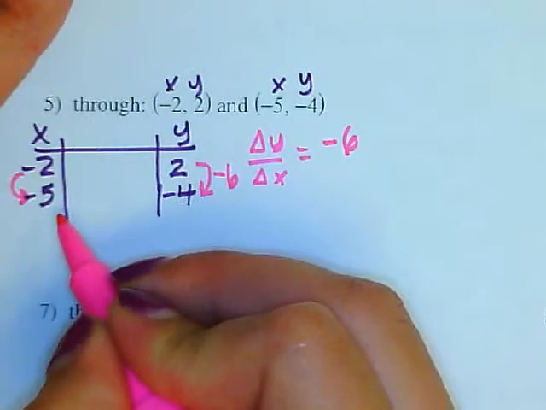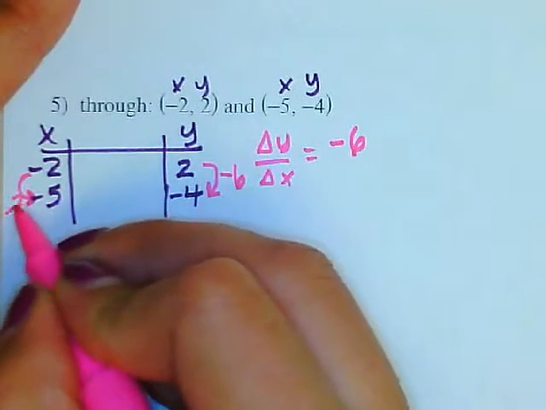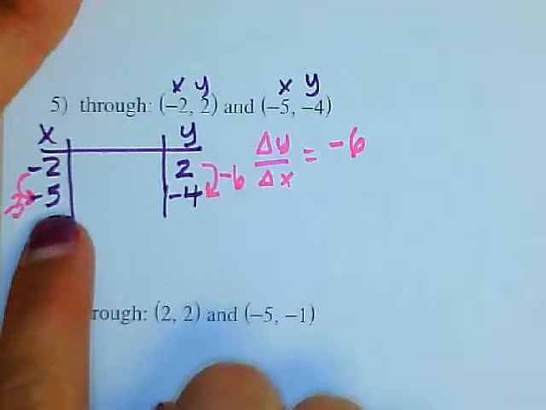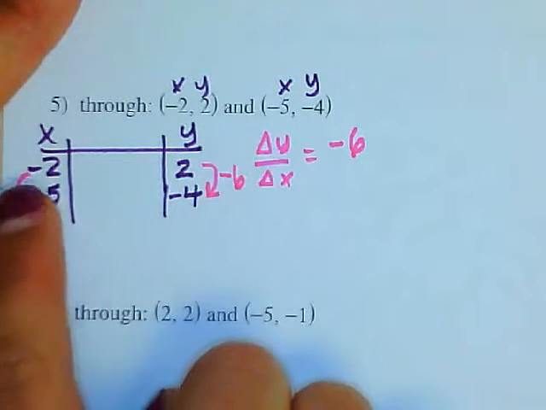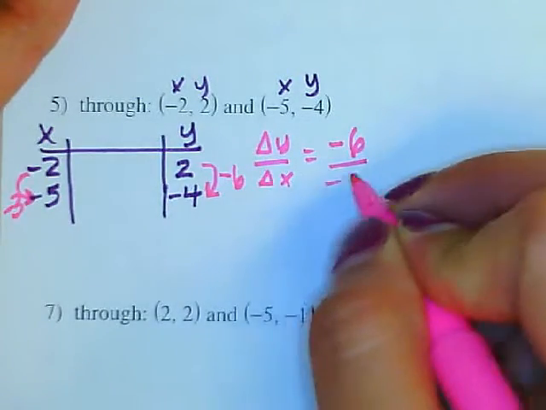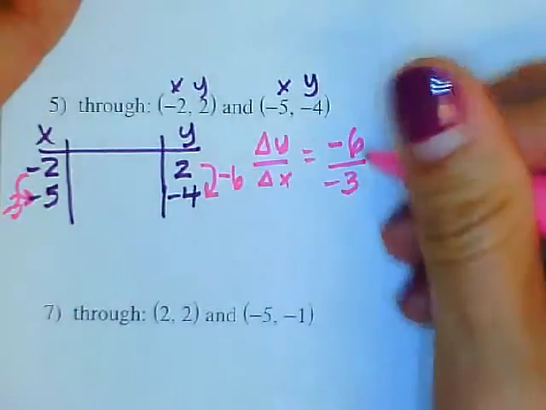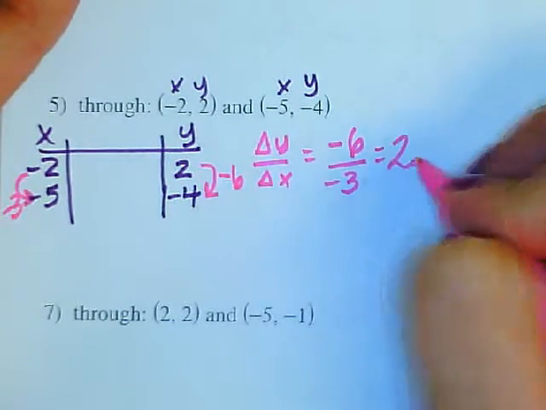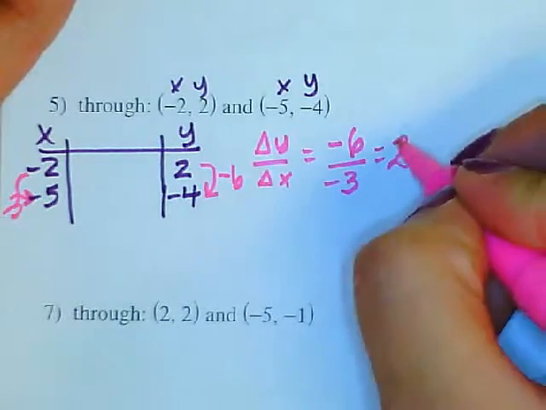Change in x from negative 2 to negative 5 is minus 3. If you can't figure it out, then on the calculator you enter negative 5 minus negative 2, and it should give you negative 3. So this should be negative 3. Now I'm going to simplify my slope. Negative 6 over negative 3, that's positive 2. Once I have my slope,